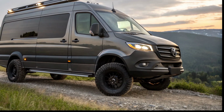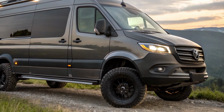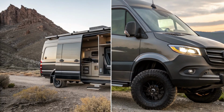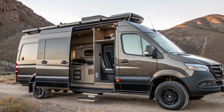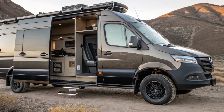perfect for adventure enthusiasts. This $230,000 4x4 Sprinter van is not just a vehicle, it's an uncompromising mobile fortress built for those who refuse to settle for anything less than the best. Whether conquering rugged trails, camping off-grid for weeks, or simply traveling in unparalleled comfort, this van sets a new standard